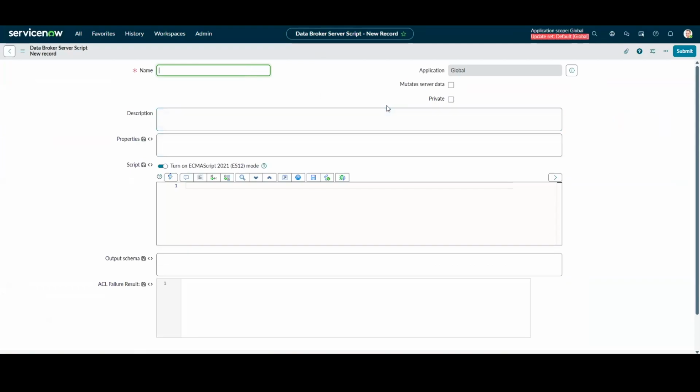But yeah, we'll run through the form here. So we have our name. We'll just give this something pretty basic like test transform data resource. And then we have a few options here. So we have mutate server data. This is just indicating whether or not this is a data resource that mutates server data, meaning it either